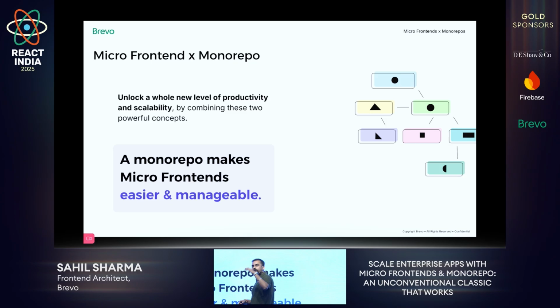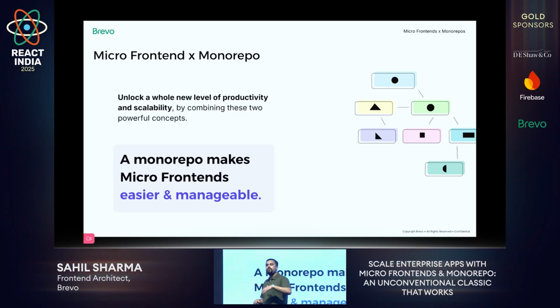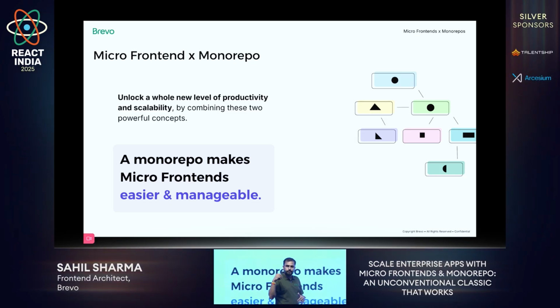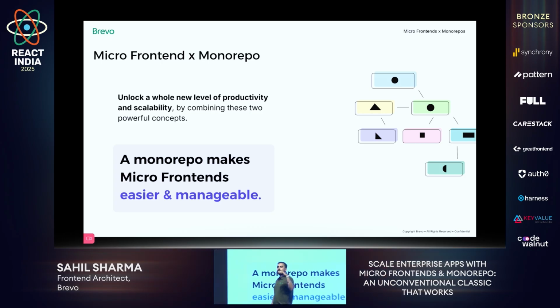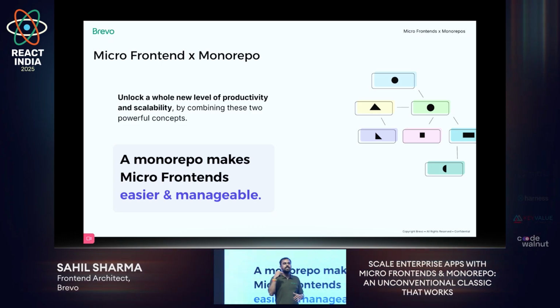In monorepo, we define separate workspaces for those applications, and then we have the configuration which actually empowers those applications. And with smarter deployment, you are able to control